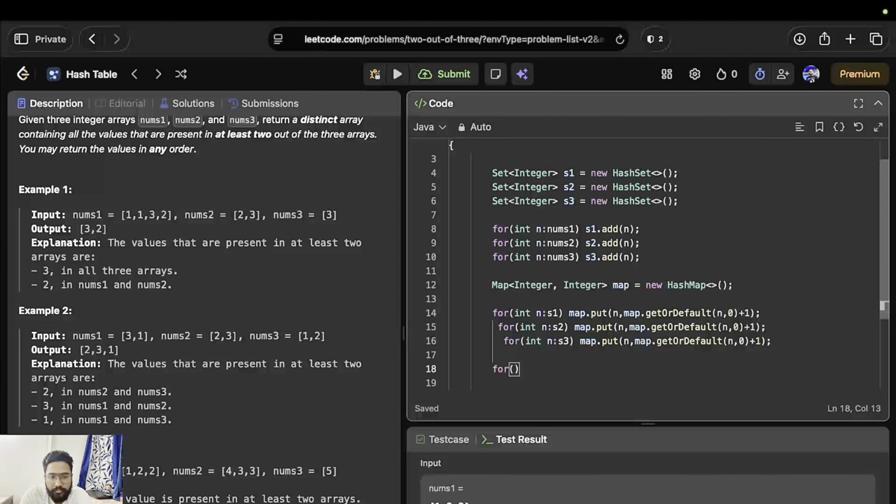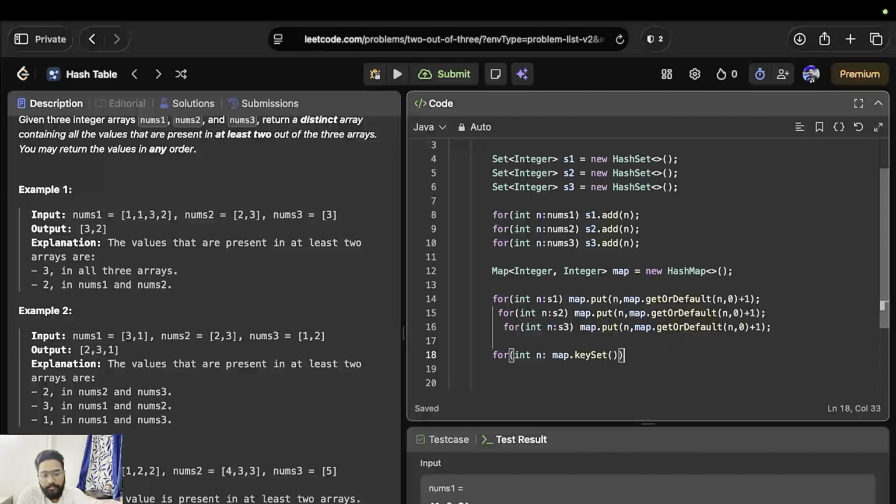Now we will simply loop for int n over map.keySet(), and we will check if map.get(n) is greater than or equal to 2. So basically we have to find if the occurrence is in two arrays or three arrays. If so,